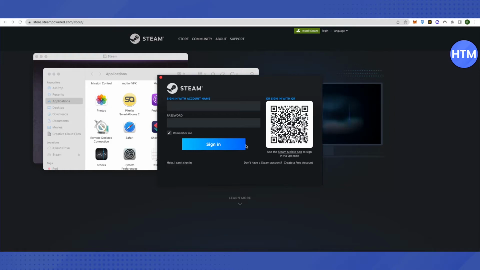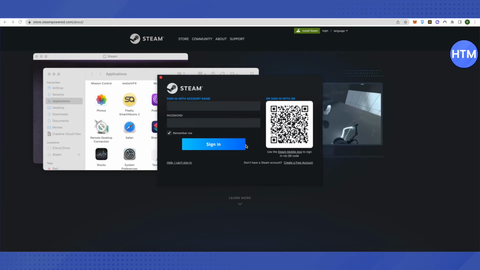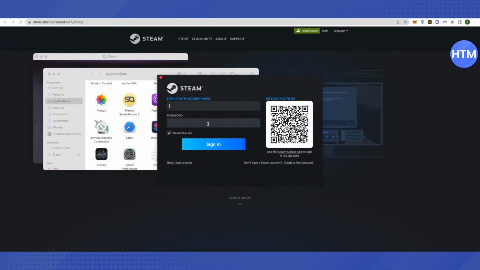So after it is downloaded, it will open up on its own, and if it doesn't open, just click on the icon of Steam where you have downloaded it and it will open up. And after that, you don't have to sign in since you don't have an account yet. So we will create a new account, and you will find this option of create a free account here. Just click on it